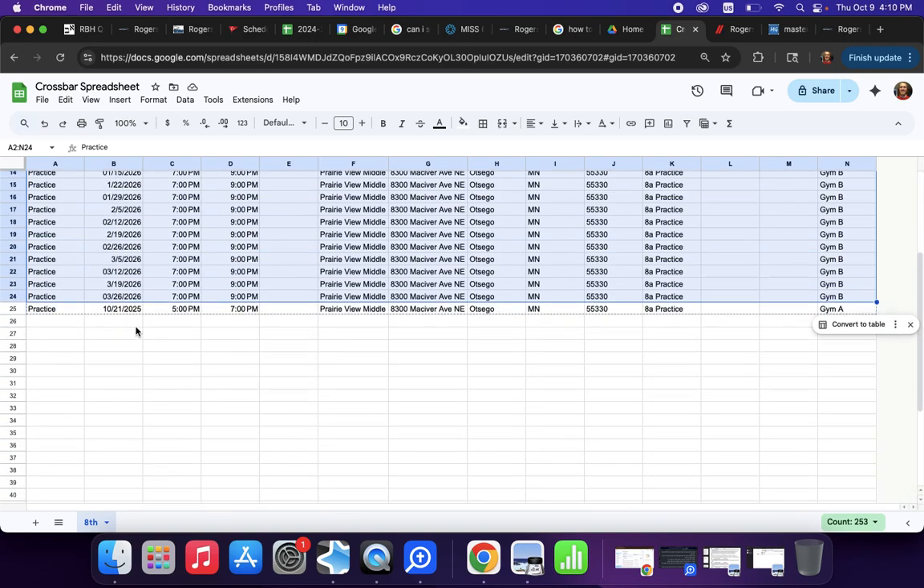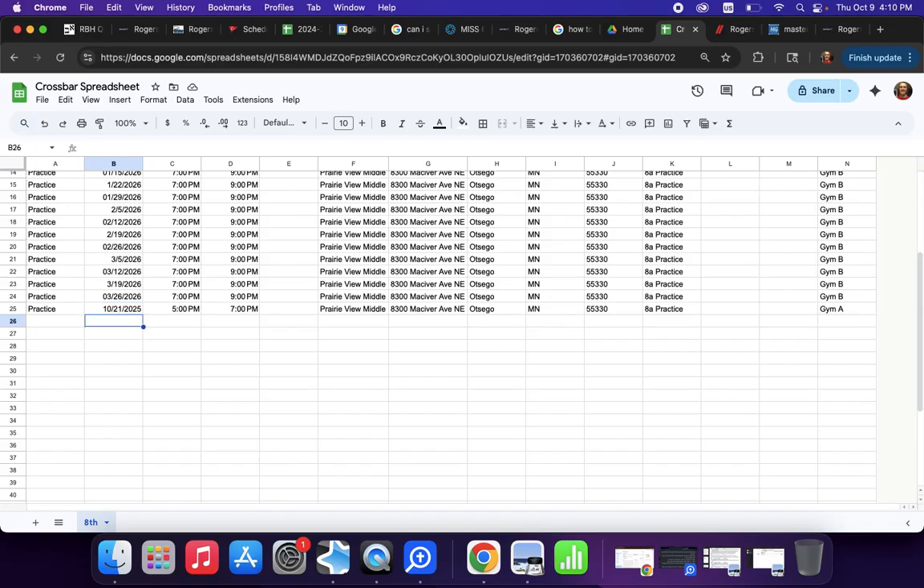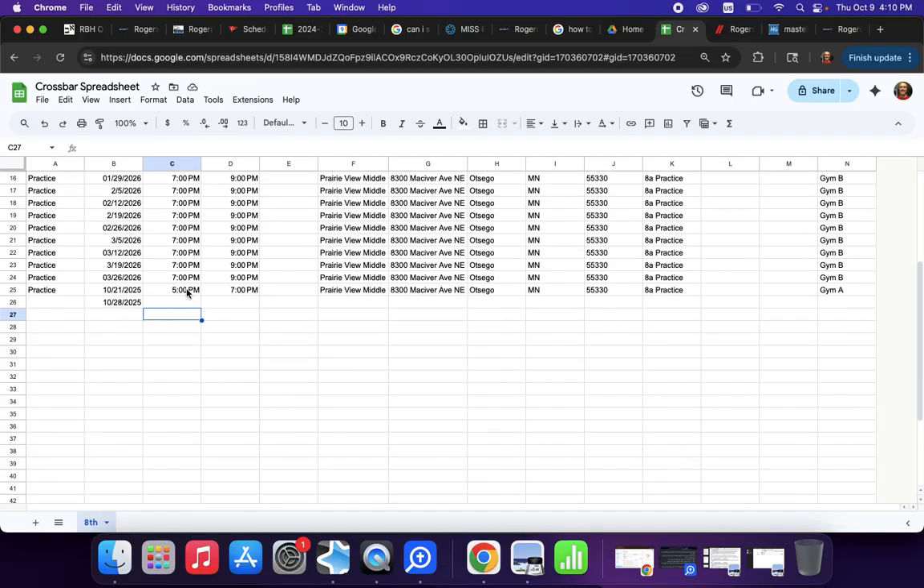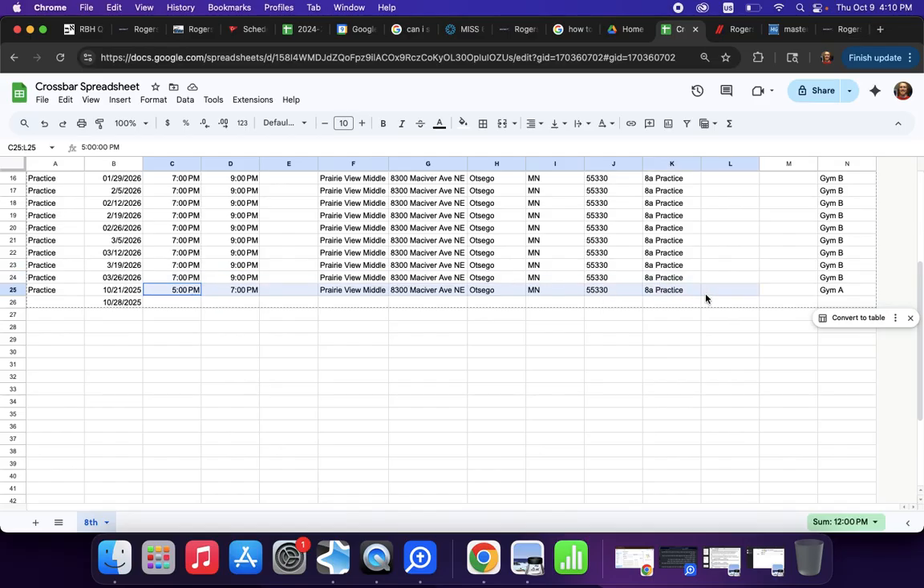And then here's my other practice. Oh, it looks like my other practice is before that, Tuesday. That's okay. I'm just going to add 7 days to that. So it's the 28th. And then all of this, again, this row right here, the 5 to 7, it's at Prairie View. This time it's Gym A. I'm going to copy that